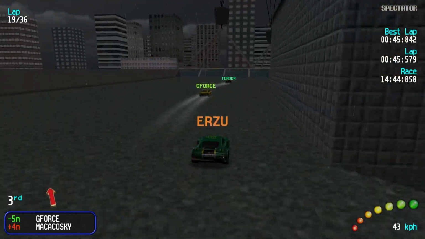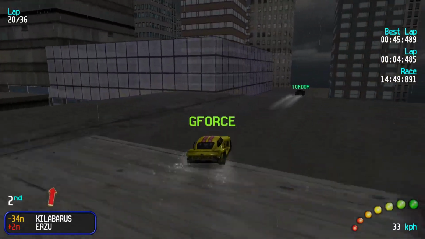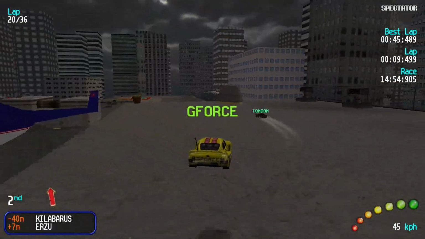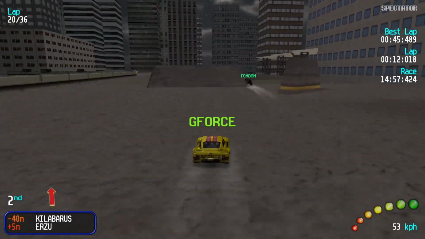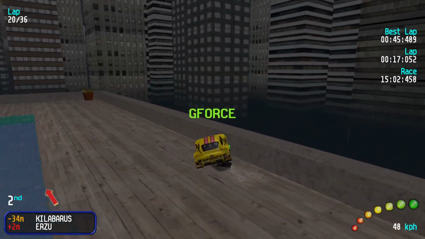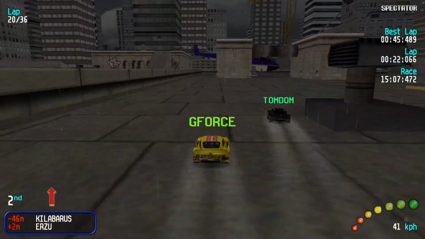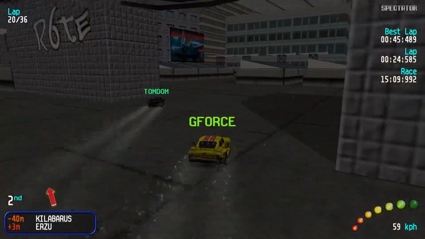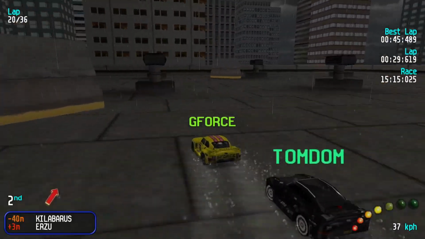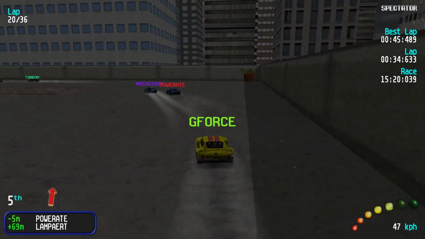They're going to have to get around some lap traffic here, but G-Force setting himself up very well for a comeback of the century. Now correct me if I'm wrong, chat, but I think we've got a little bit over 3 seconds between G-Force and Kilobaris as a result of Castle 1. I think G-Force was only ahead of Kilobaris by 3 seconds and some change. Again, correct me if I'm wrong there. So if G-Force continues this breakneck pace without making mistakes against Kilobaris, but Tom Dom a lap down and G-Force